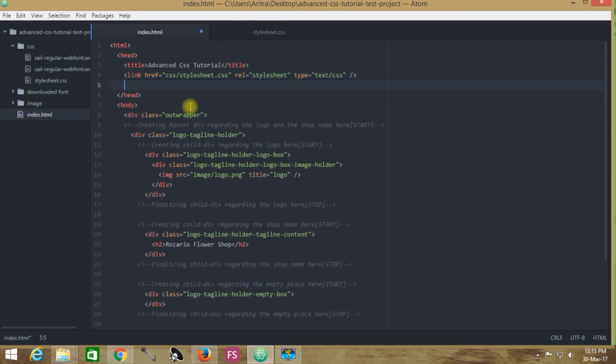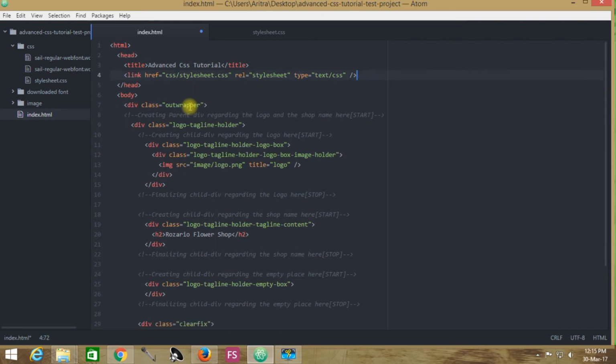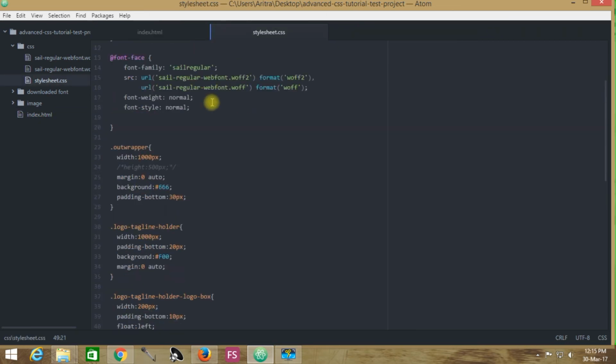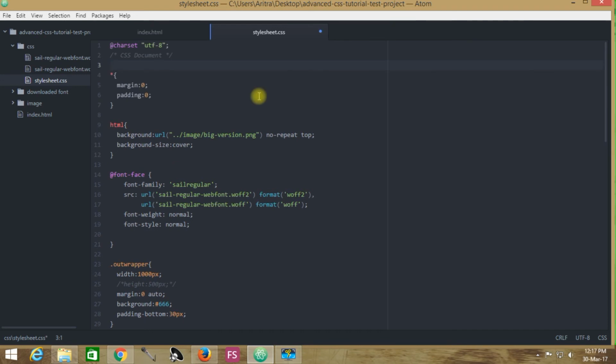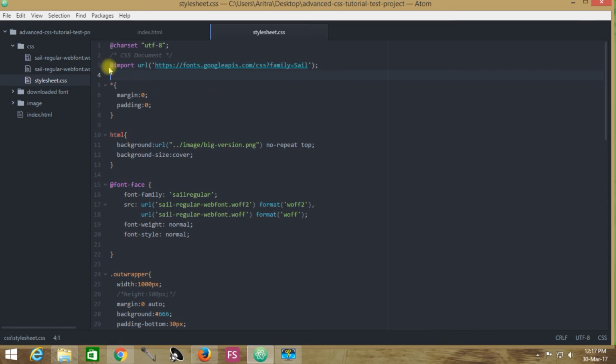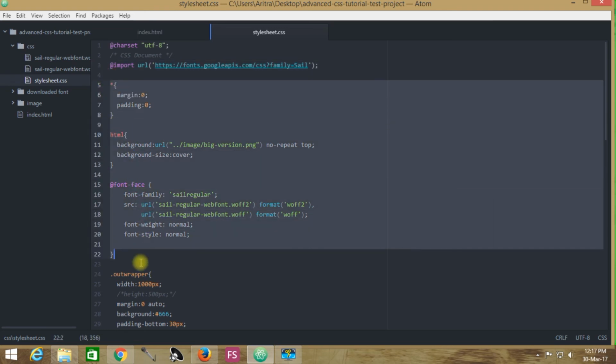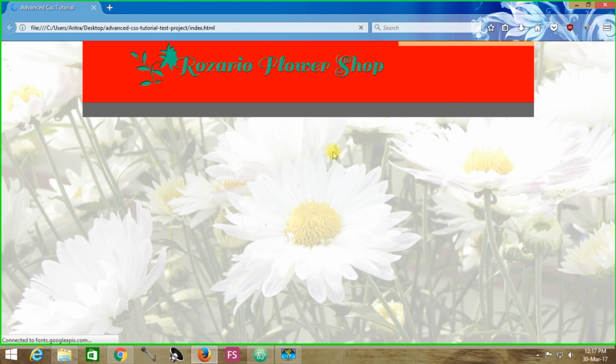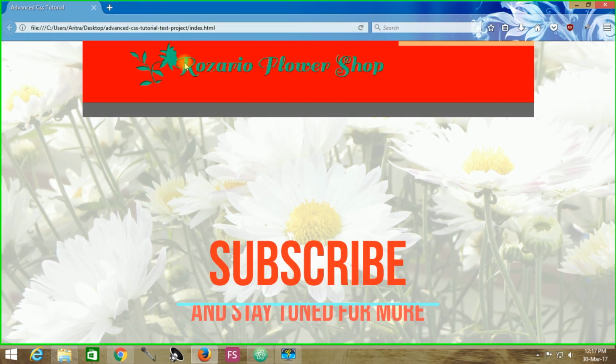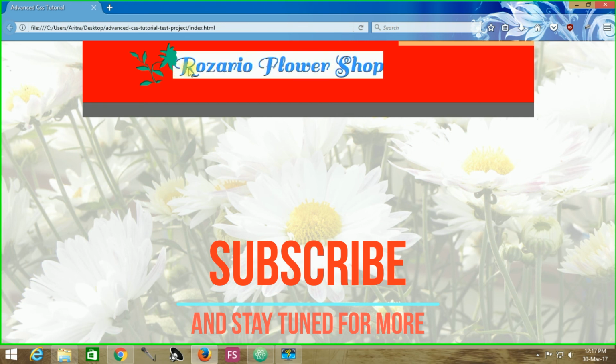Now get back to your stylesheet.css. First of all, delete this. You need to import that particular style sheet here at the top of your page, and then you place all those things over here. This is a crucial factor. You need to make sure that you have placed those @import statements above all the other code inside your style sheet and nowhere else. Now if you come back to your project and reload, you see that the same thing is happening. The exact same font is being placed over here. There's no problem with it, and you are now good to go with your fonts.